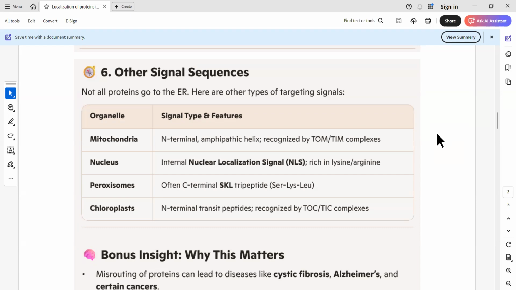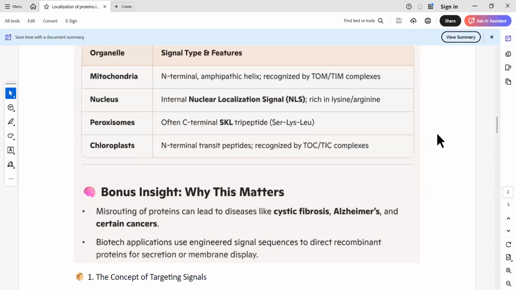We will study that importins are the proteins mainly responsible for the transport of nuclear proteins into the nucleus. Then for peroxisomes, as I have mentioned, there is a C-terminal signal tripeptide, SKL: serine, lysine, and leucine. That is PTS1, and there is another peroxisomal targeting signal, PTS2, which I'll explain as well. For chloroplasts, you have an N-terminal transit peptide, recognized by the Toc complexes in the chloroplast.